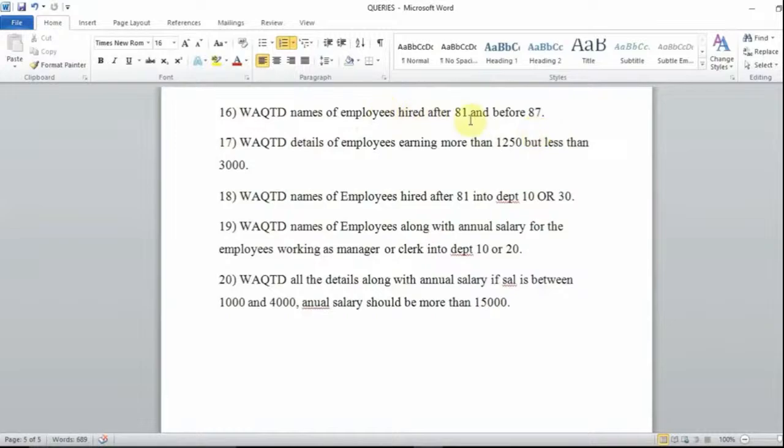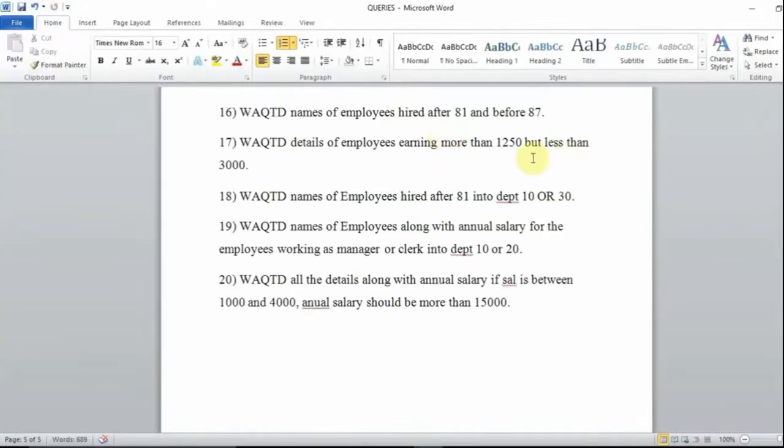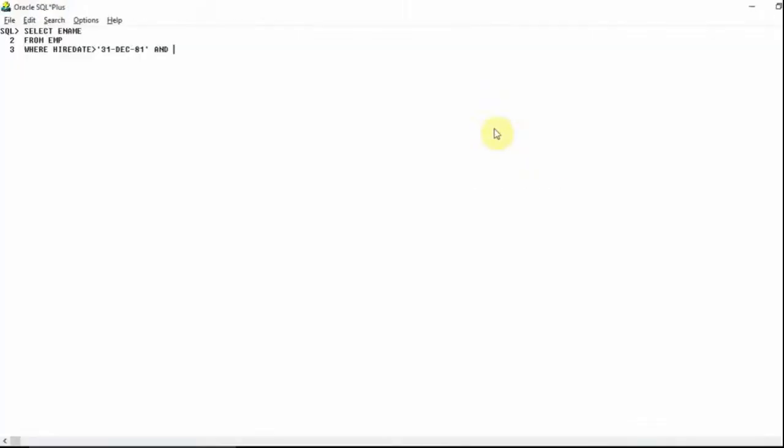So hired after 81 means the hire date should be greater than, in single quotes, 31 December 81. So this is the date. After that I will use the AND operator, and the next condition says before 87, which means the hire date should be less than